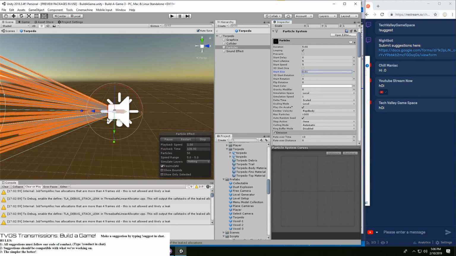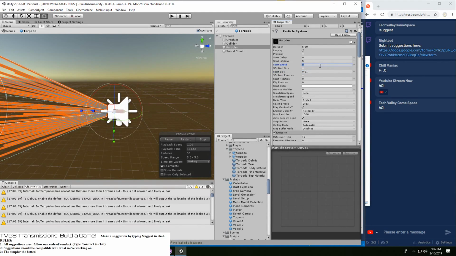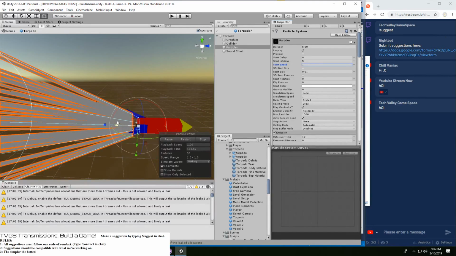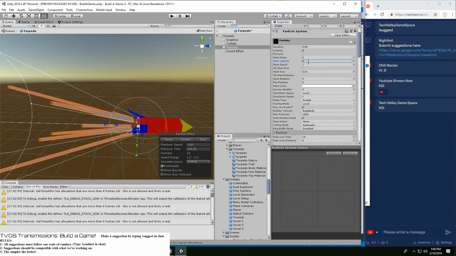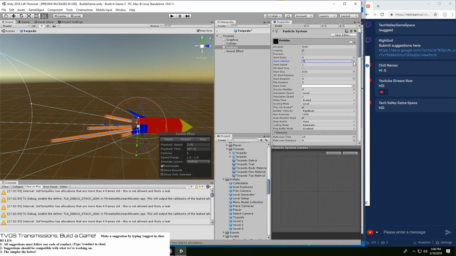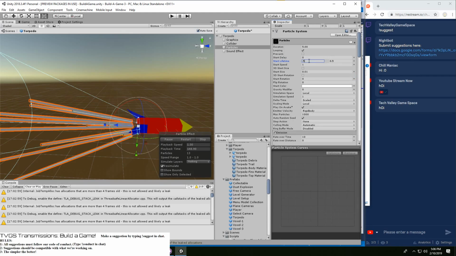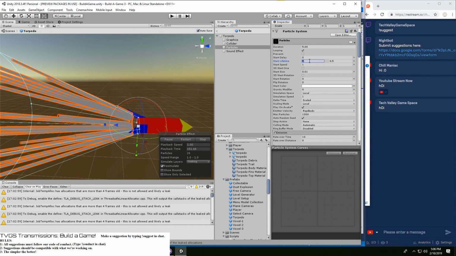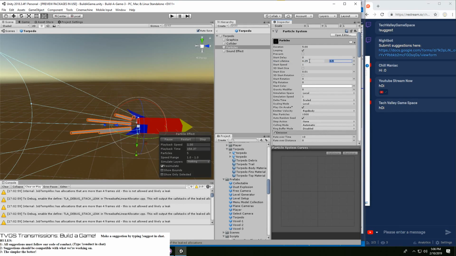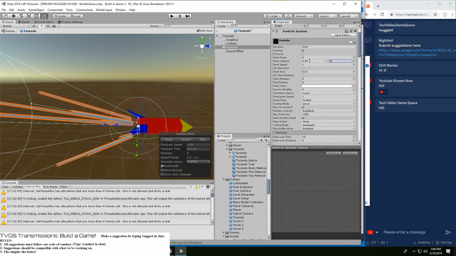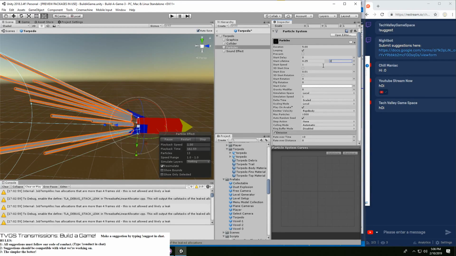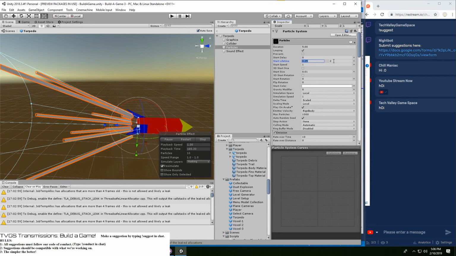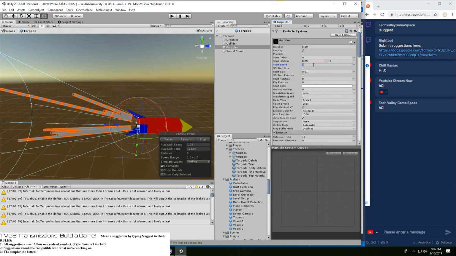The speed can actually be really, really slow, I think. Yeah, this looks mildly terrifying, but okay. And the lifetime can definitely be very short, like 0.5. And I would say even shorter than that for that matter. Actually, yeah, if we want to keep it at local space, then there's a good reason to make the speed a lot faster.